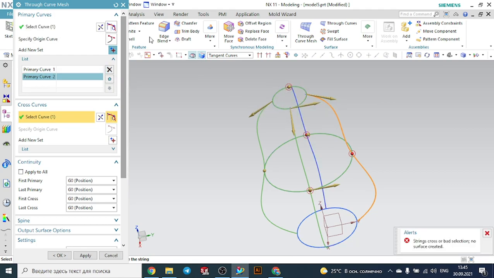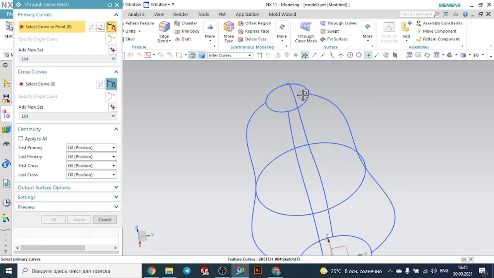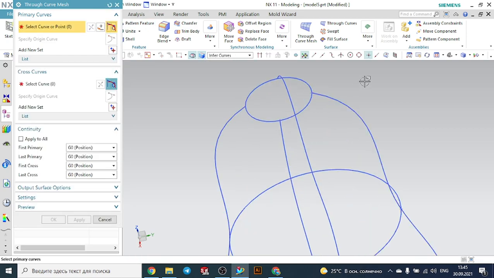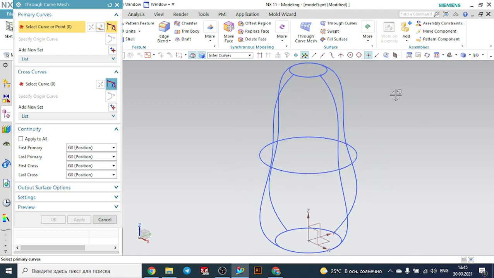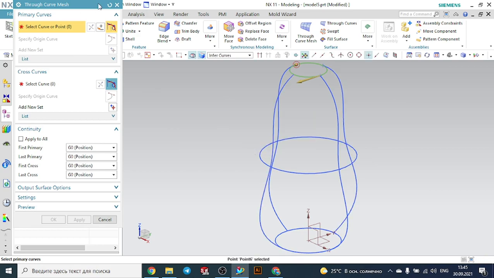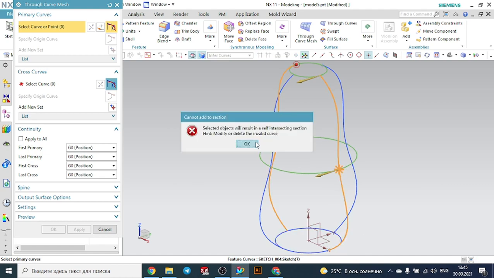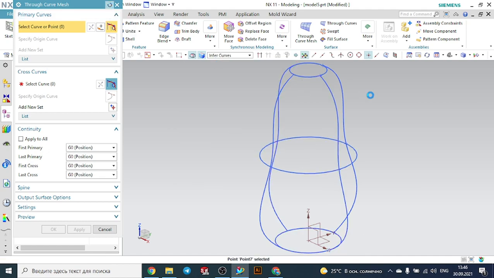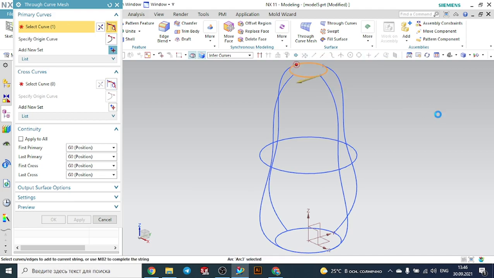And select, just a moment. Okay, let's do it again. So select this one. Sorry, I selected the wrong one. Okay, sorry. This one,